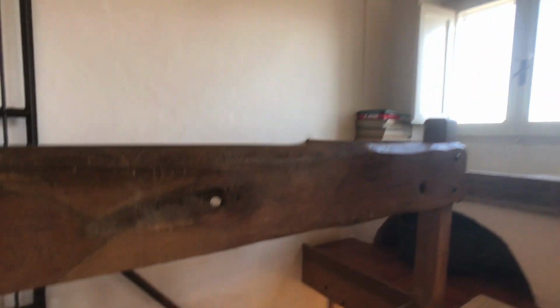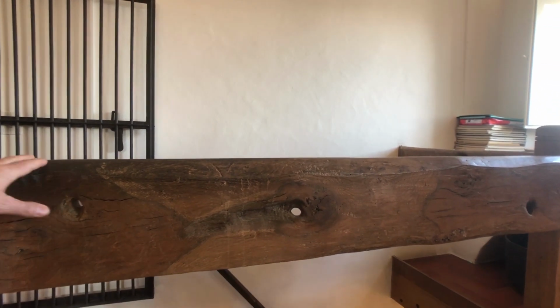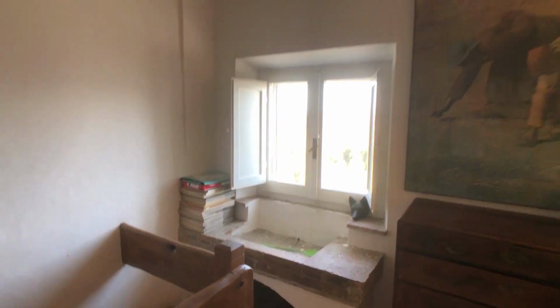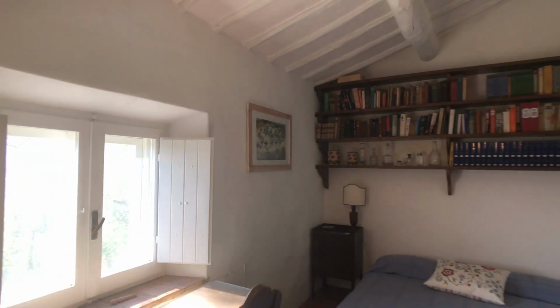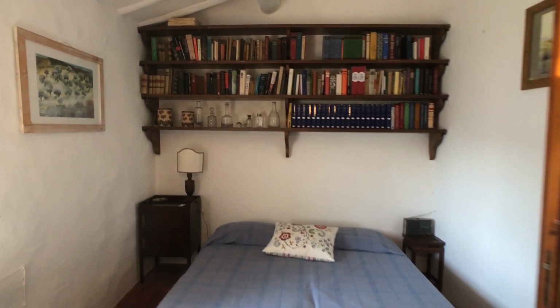Yeah, look. Oh, I gotta get on my knees. You see this? This is part of the stable where you would have tied your animals and given them their feed. Here is the original sink. I've been told that the house dates back to the early 19th century, 1800s. So here you have bedroom 2, and that has a window which we just passed now,